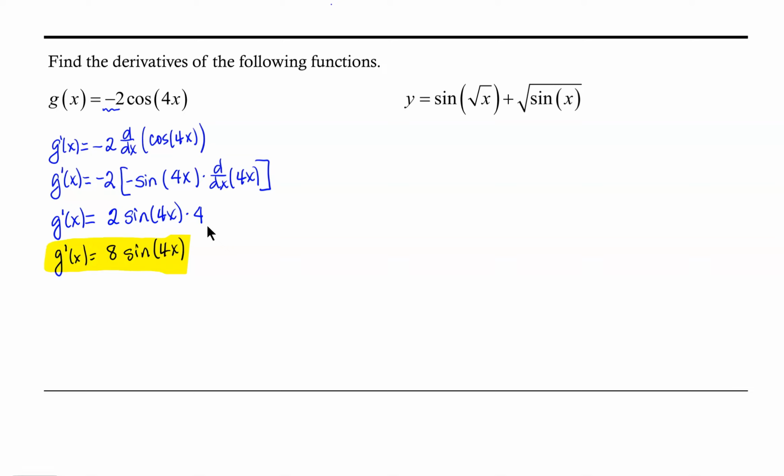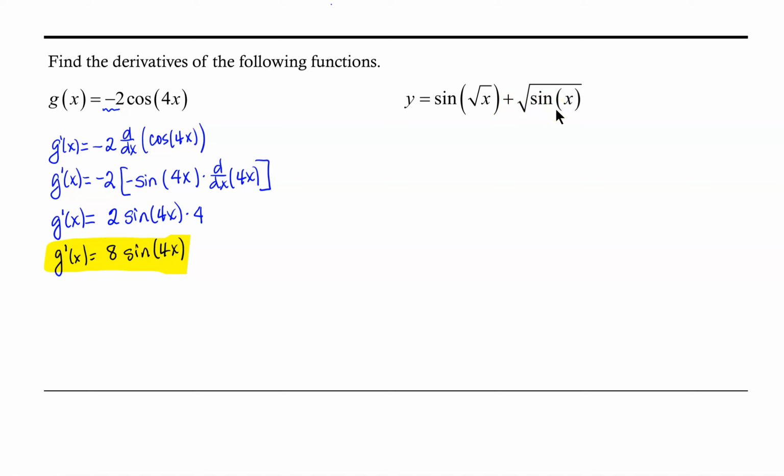Now let's take a look at our second function here. We have y equals the sine of the square root of x. So notice that the sine function has an argument that is square root of x. Plus, now we have a square root function whose argument is sine of x. And since there are radical components to this function, we will need to rewrite the function using